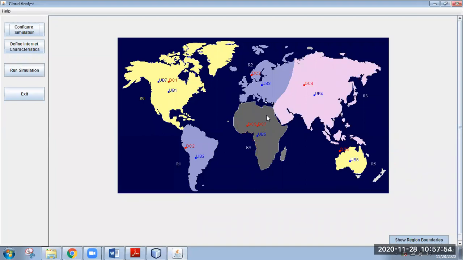Okay, please confirm whether you are able to create the data center or not in the chat, or you can unmute and tell. Are you able to create the data center and is it reflected on the screen? Please check and tell me. If you are facing any difficulty, please inform me.